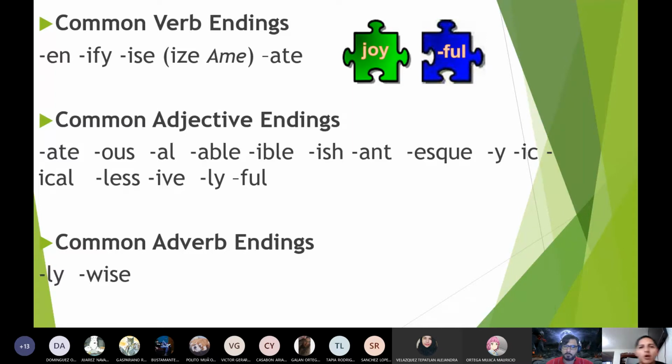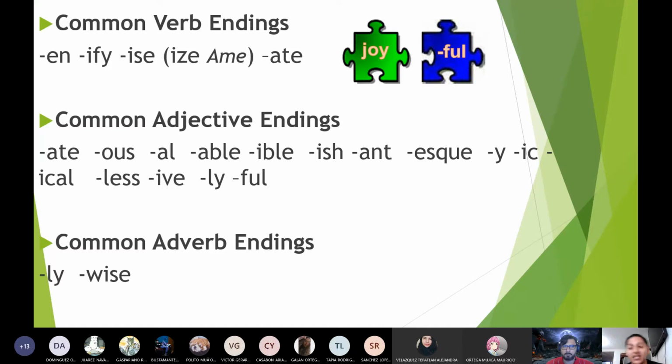Okay, so you have common adjective endings. Now, not only verbs, not only nouns, but adjectives, and also adverbs such as likely or likewise, otherwise, etc. So you work with these suffixes with your